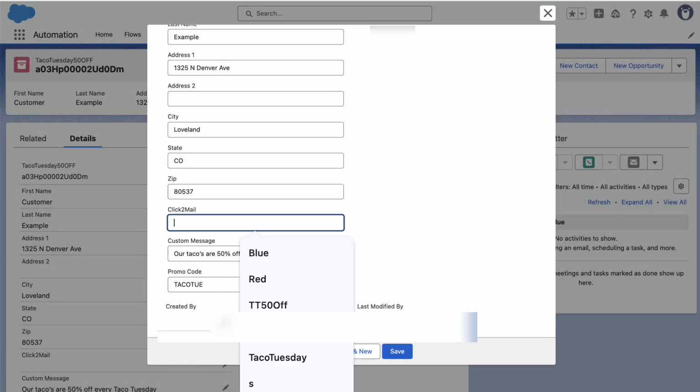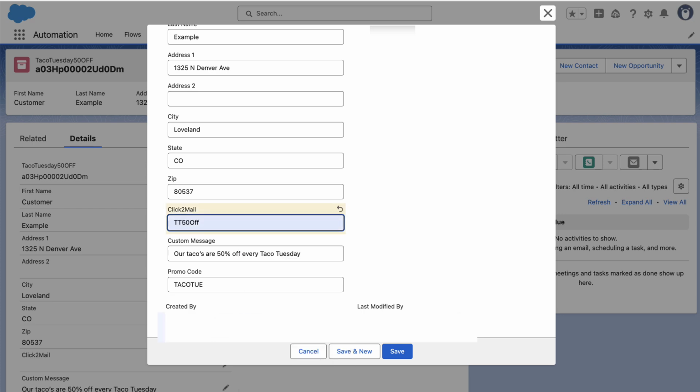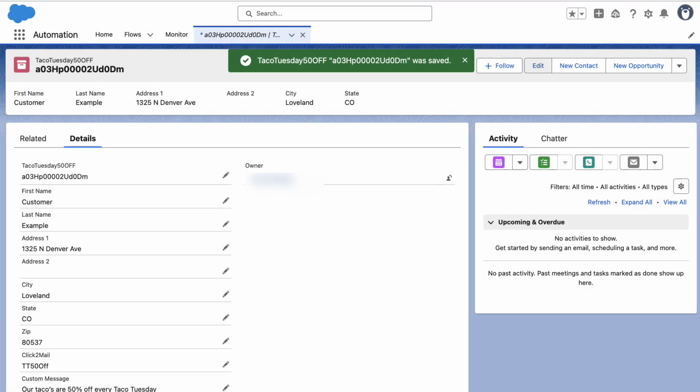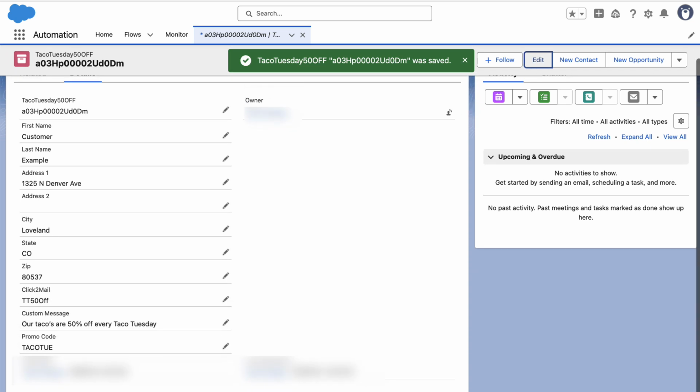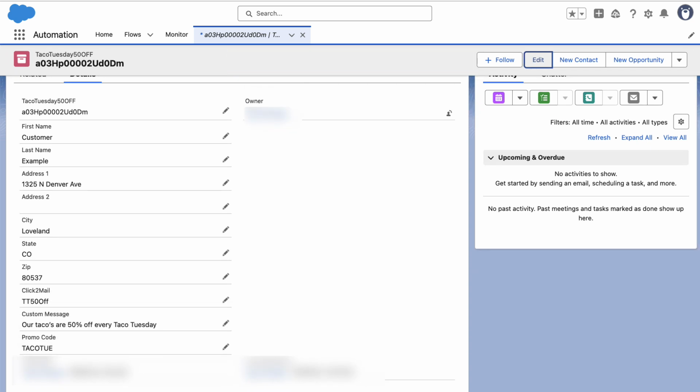Now, this is the cool part. All I have to do is type in TT50 off into that field and hit save. That's it. That's the trigger. Behind the scenes, Salesforce fires off the outbound message, sends the data through the webhook, and boom, the whole mail